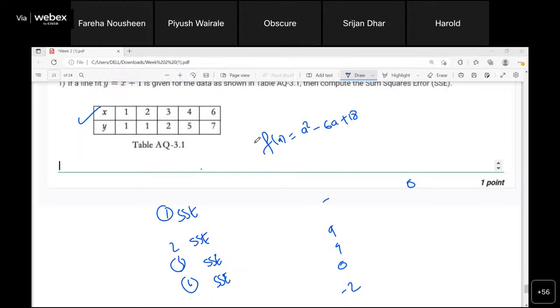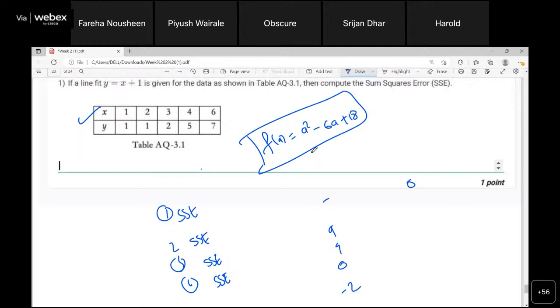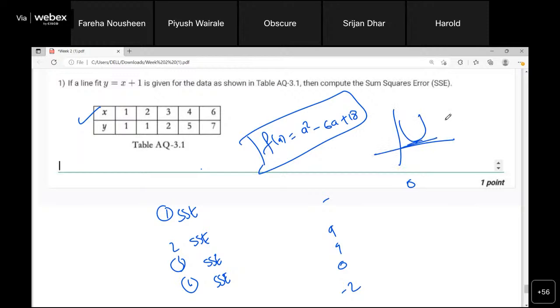So this is the equation of a quadratic equation, right? Parabola. Now, is it an upward parabola or a downward parabola? Upward. The minimum value will occur at this particular vertex. So what is the vertex here for this parabola? Minus b by 2a. So minus of minus 6 upon 2a. So 2a is only 2 times 1 here, right? So it will be 3. So at this point it will be minimum.